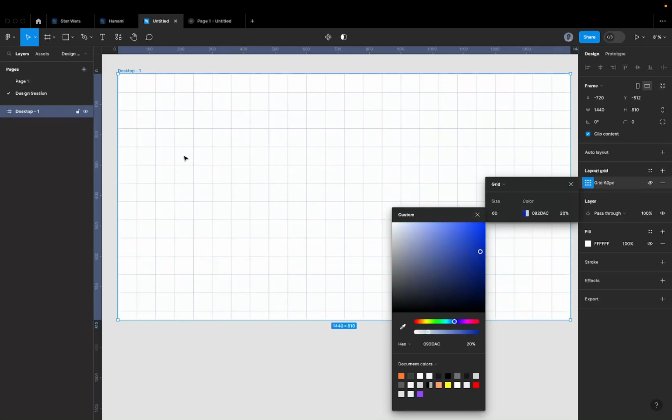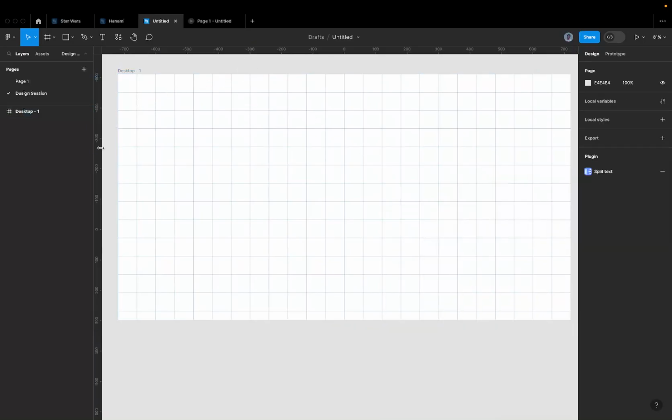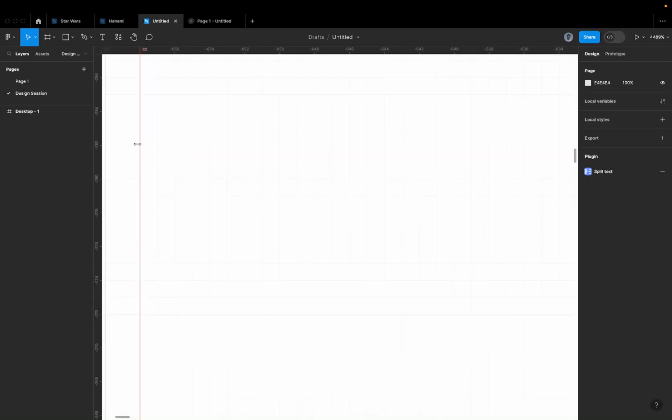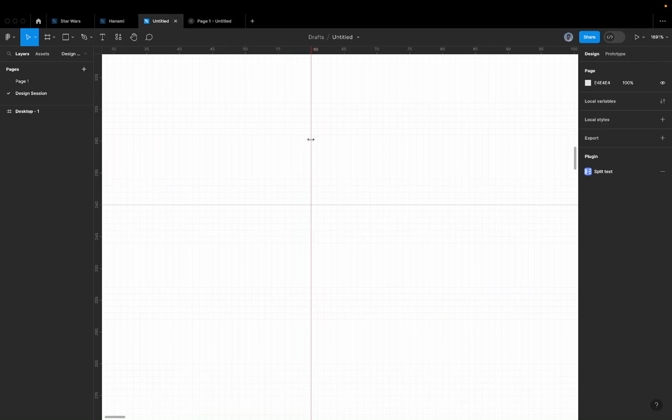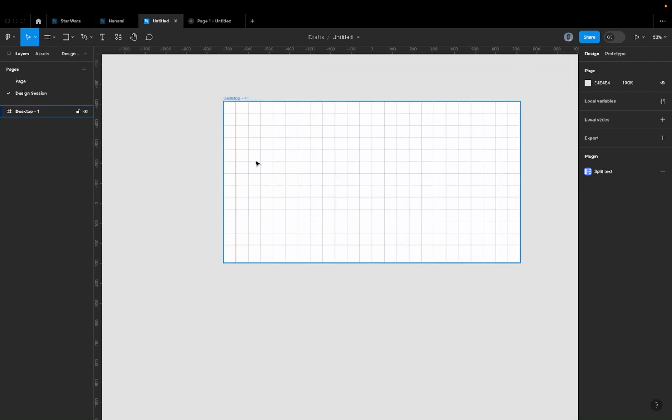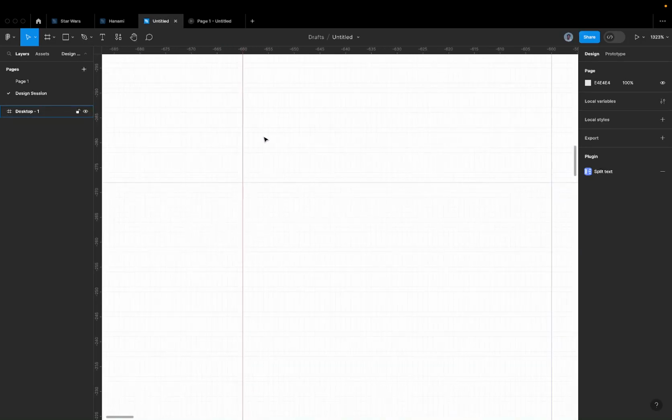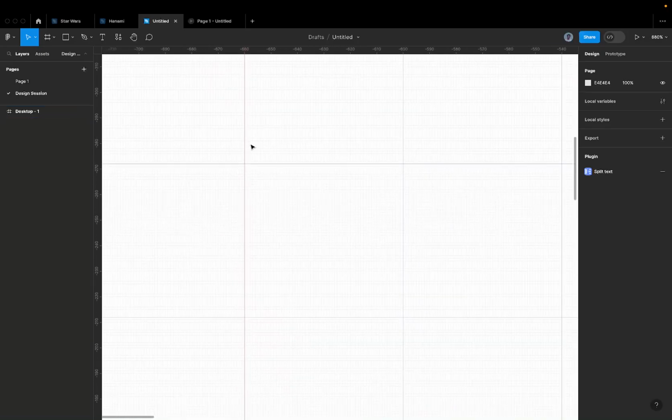Yeah, so I have my grids set up like this. What I want to do next is drag a ruler to help me define the key ones. I'm going to drag a ruler here to define this first one, which is the margin. So be sure to zoom in, because if you are not zooming in to make sure that your things are pixel perfect,